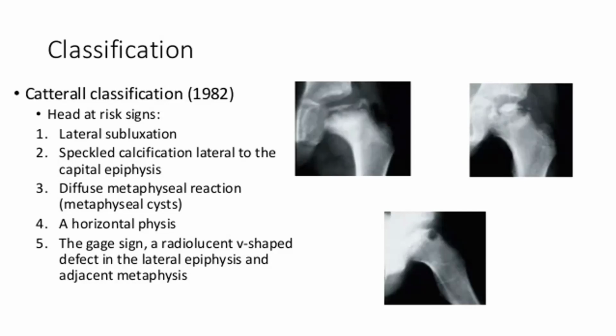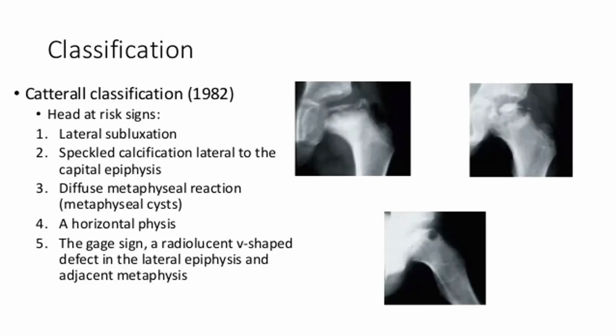We know that the first zone is a localized zone in the anterior superior lateral portion of the head. That's 1. Type 2, it becomes more involved, the avascular necrosis. In type 3, there's only 1/3 of the head or less that is not avascular. And finally, 4 is the stage of adjustment, the remodeling phase, the congruency, etc.